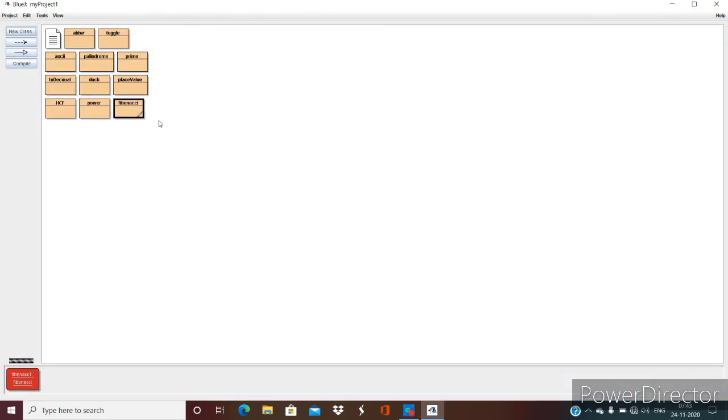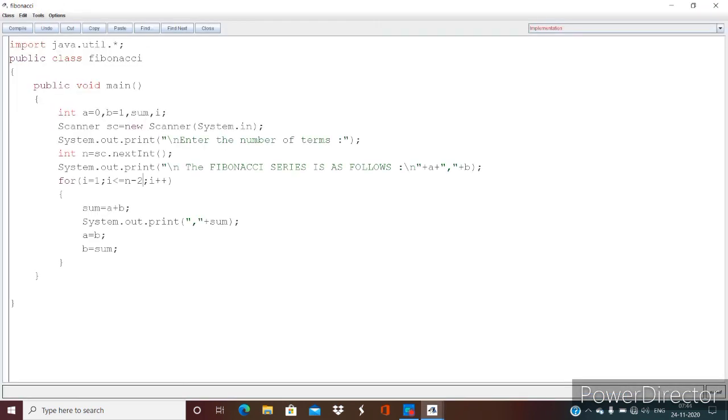So this is the program that displays the first n terms of a Fibonacci series where the first two values of the series are fixed at 0 and 1, and every other term of the series is the sum of the previous two terms. Hope you have understood the program. You can copy it down and then check it by using a suitable dry run methodology.